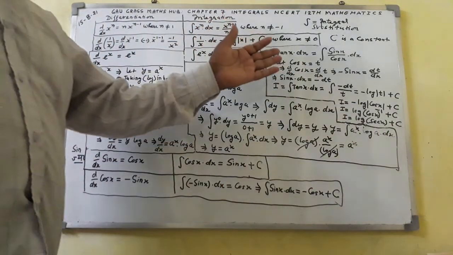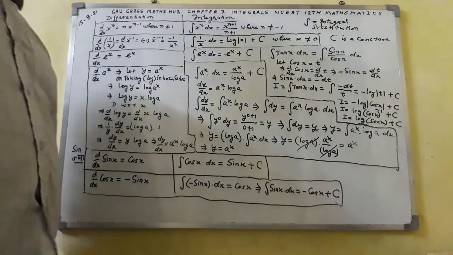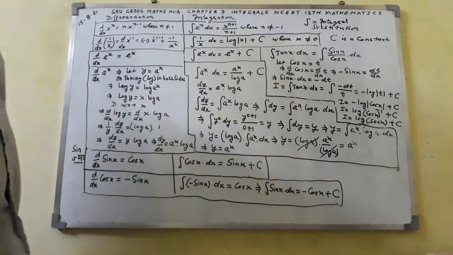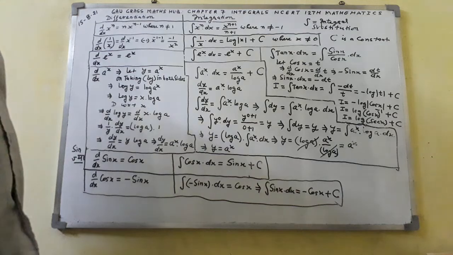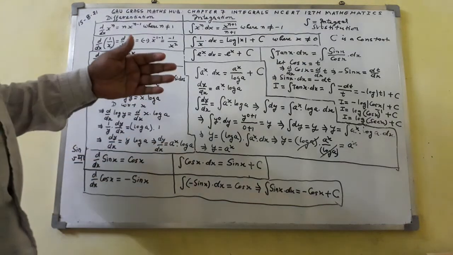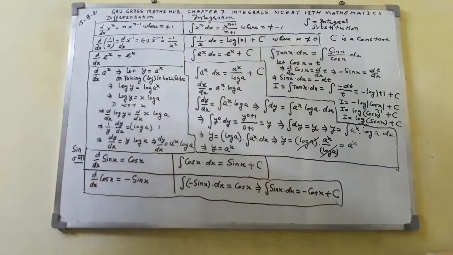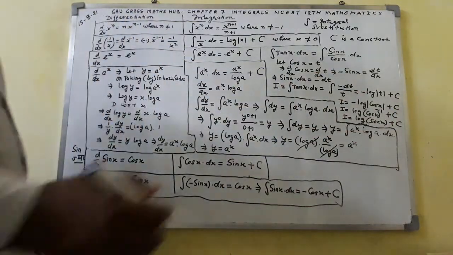This is the normal method of solving a problem related to integration by substitution method. Integration problems are solved by the substitution method. So I equal to log sec x plus c you have got.